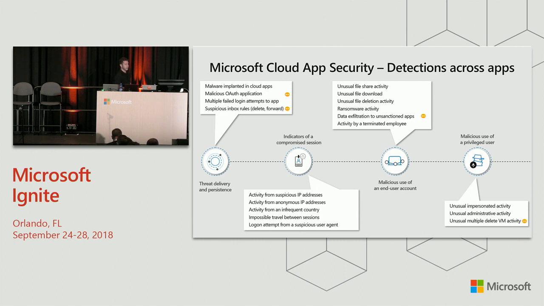And you can see here a list of all of the different detections and the new ones that we've recently added. It's important to mention that we have several different engines to do these kinds of detections. The most important differentiation is between the behavioral-based and the deterministic. Some of the things you can detect with a deterministic threshold and a deterministic policy. If your organization is local and you don't expect any global access, you can very easily detect a compromise attempt by looking at activities from a country that you know you never have business with.